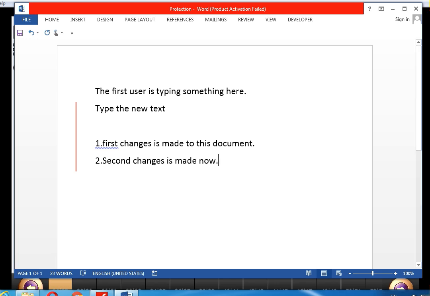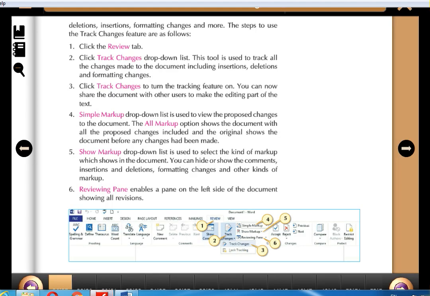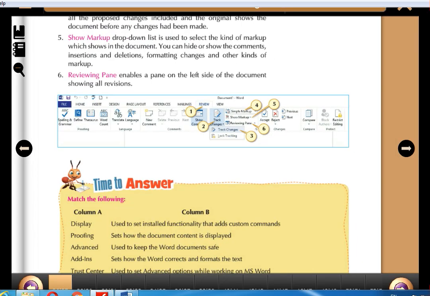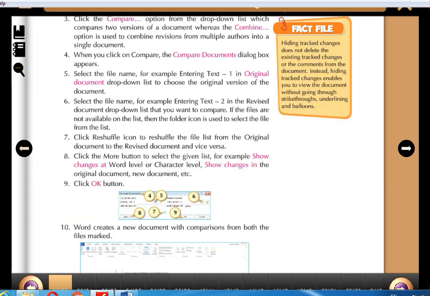So now we have made the changes in this document, and we save this file. Again, what happens? See, the next step is what? Step 7.